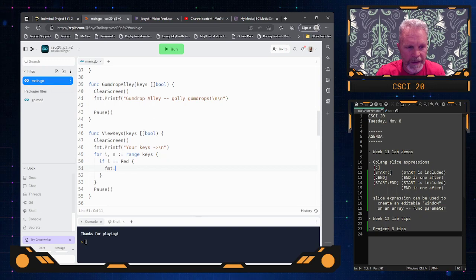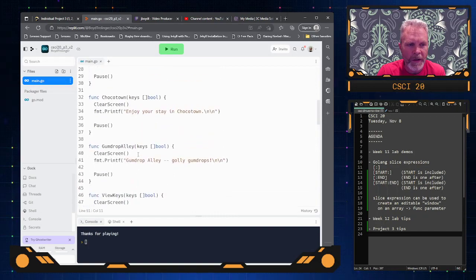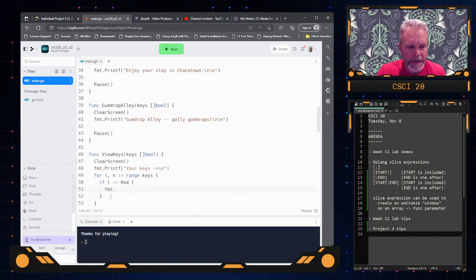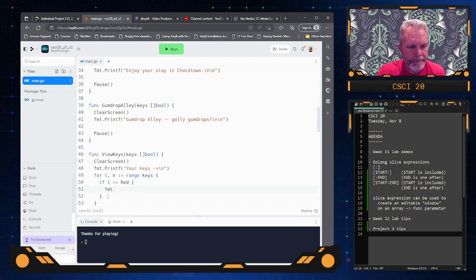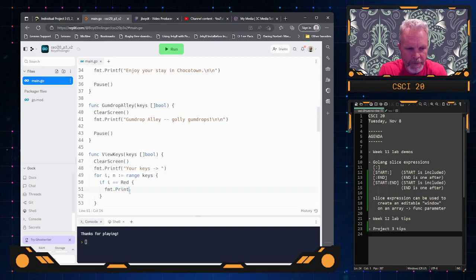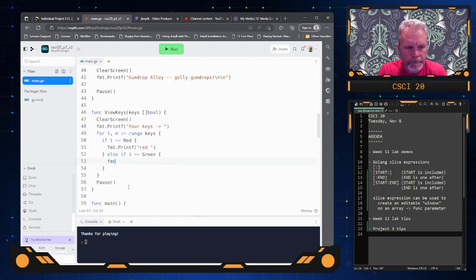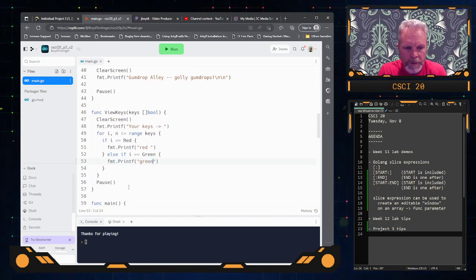Ooh, I got a better idea. Parallel arrays. Well, no, let's not mess with that just yet. Let's not worry about it. We'll just say, yeah, so when I says red, we will print out red and a space. Else if I equals green, green and a space, else if I equals